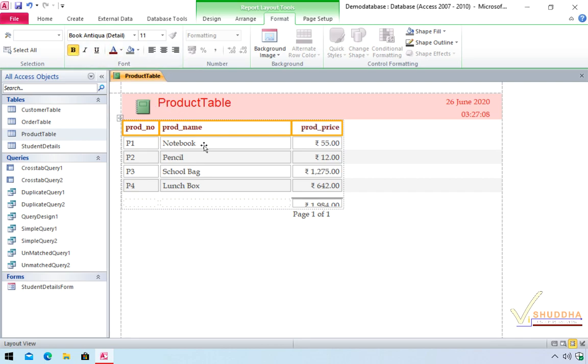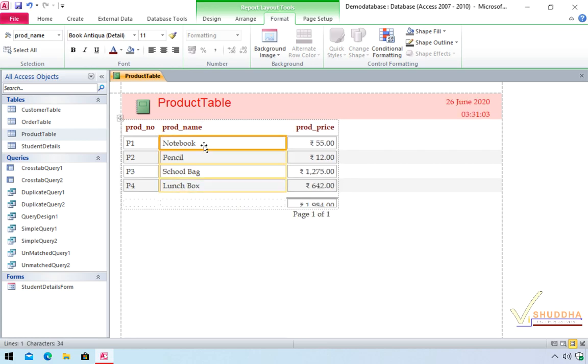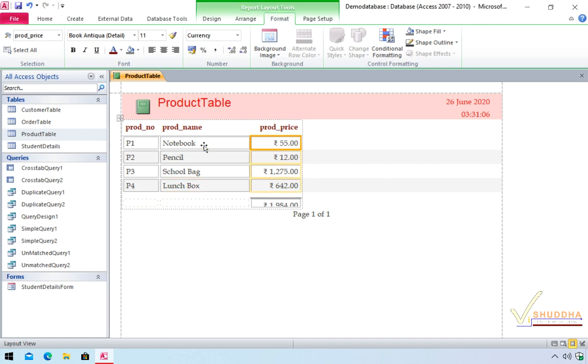Now, in case you want to resize a particular column, you can click to select one of the cells from that column, press and hold the Shift key, and then use the left arrow or right arrow to decrease or increase the width of the selected column. If you want to select a different cell using the keys, then you need to press the Tab key, and we can similarly resize the columns.